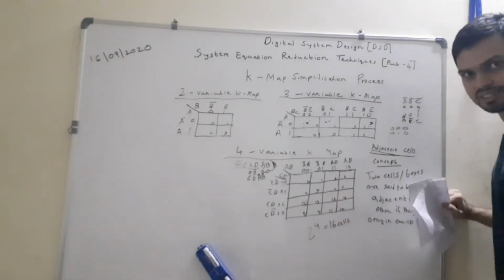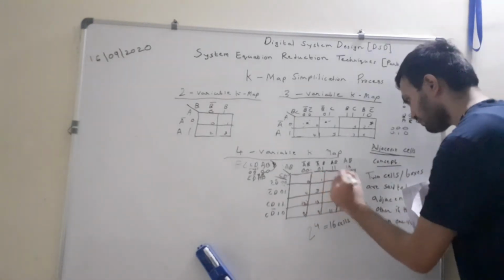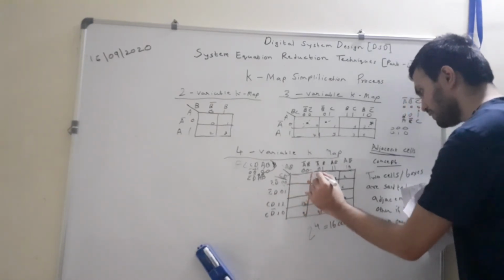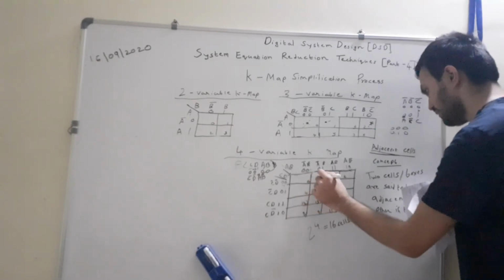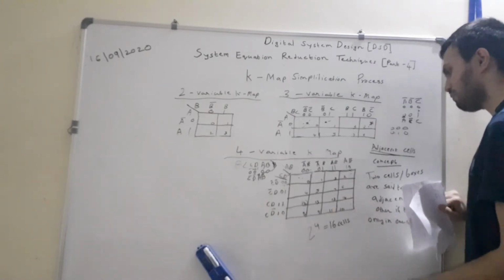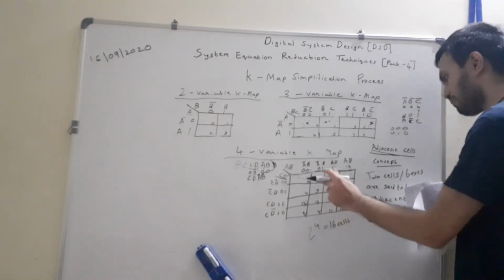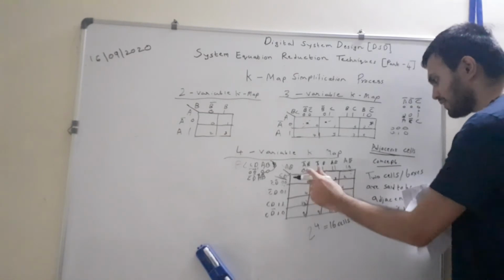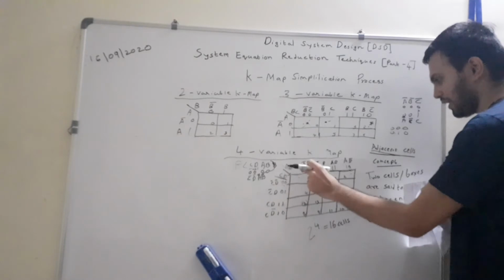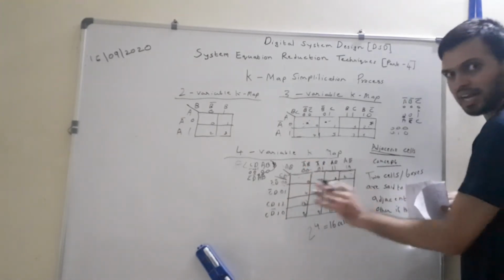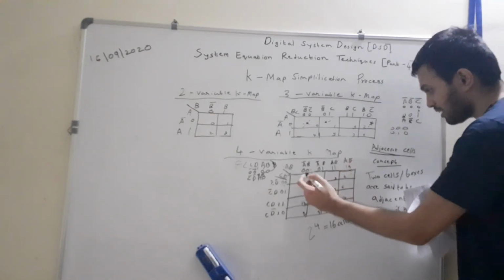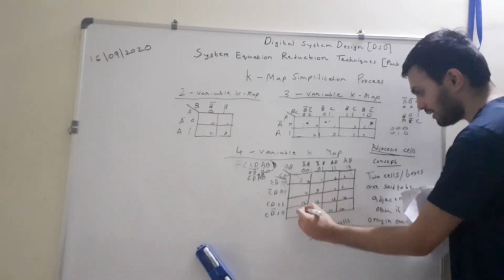Now understand adjacent cells from this one. So remember, here 0 0 0 0 is there, and 0 0 0 1. So these two are adjacent. Or simply remember one thing, if you want to understand adjacency, check whether the cells which we are comparing differ in only one bit, and that bit is given over here. If only one bit change is there, then they are adjacent. No need to look for which side it lies. Even if only one bit change is there, you will consider it as adjacent.